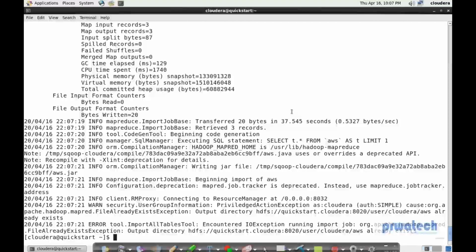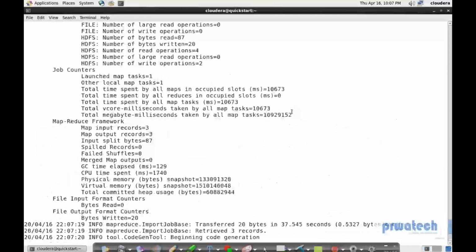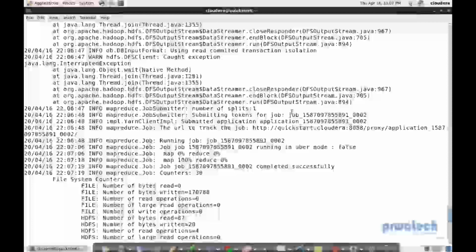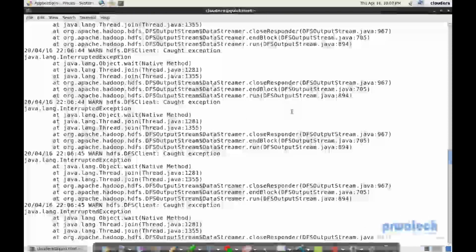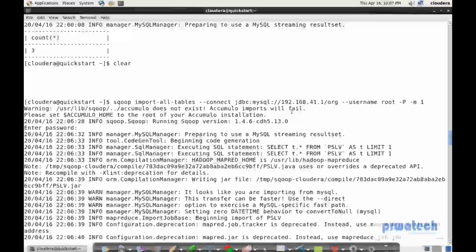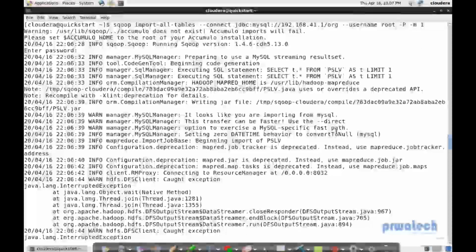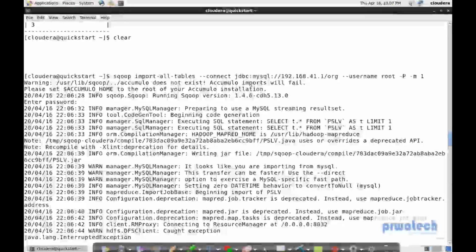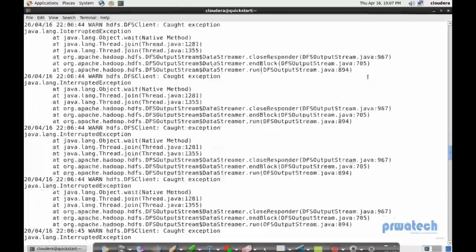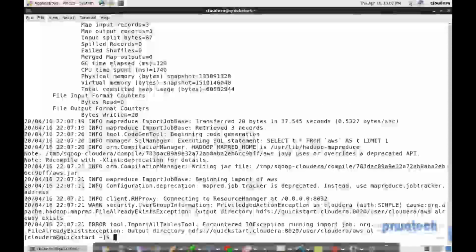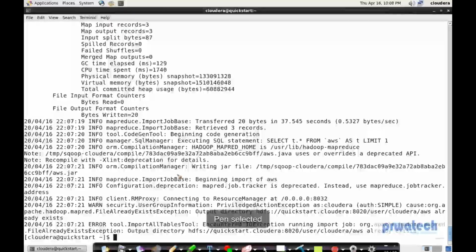Okay, guys, so my job is failed. You know why? I think one job is submitted. Maybe let's go and see. This is my query where I submit import all tables. Yeah, this is my query where I submitted, but my job is failed. You know why my job is failed? Because this is storing all my record inside this directory,